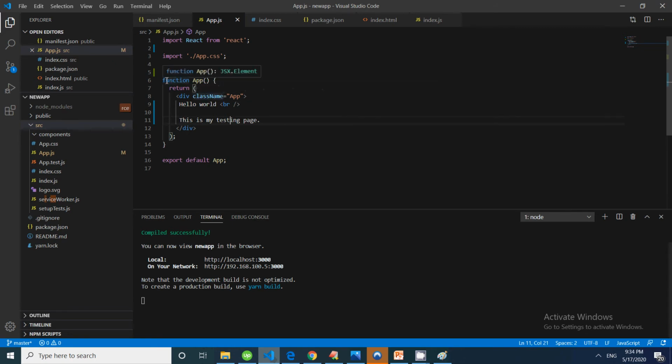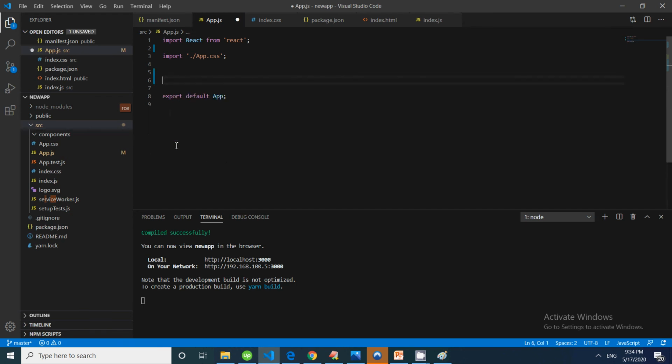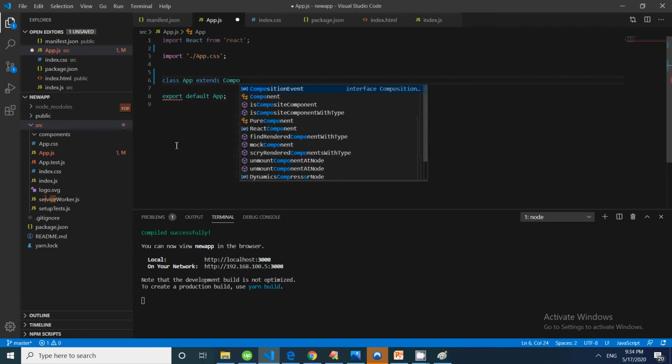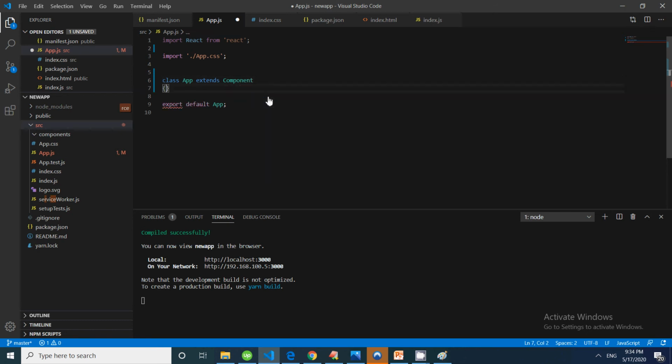If you want to create a class based approach, that is also simple. You create a class, give it a name, and then extend it, because the base class is Component. This is your Component class, and this is the start of your class.